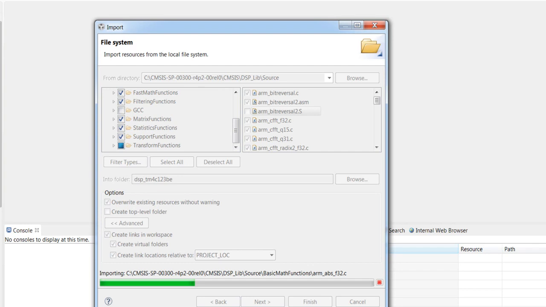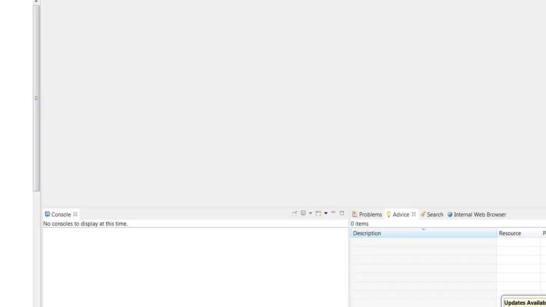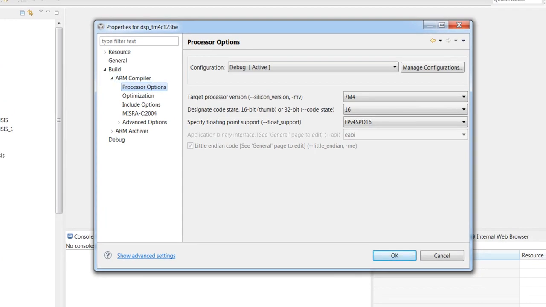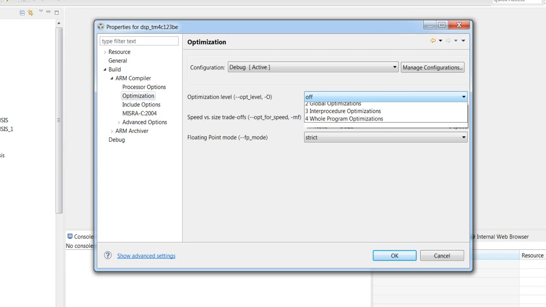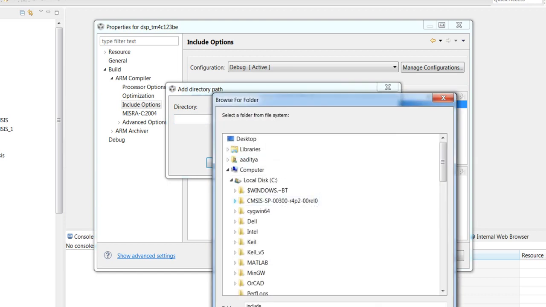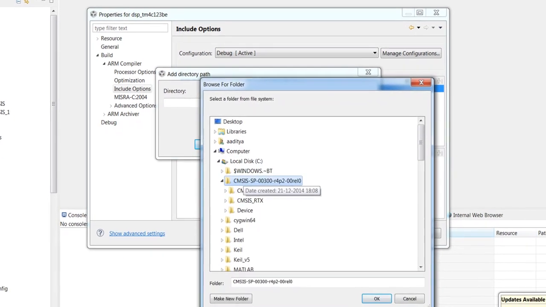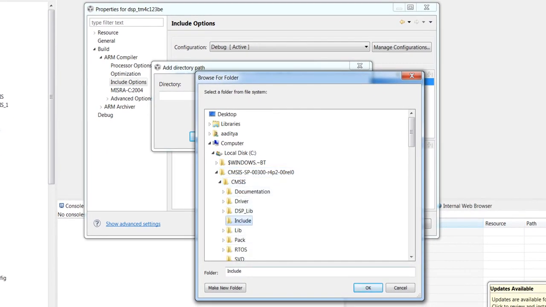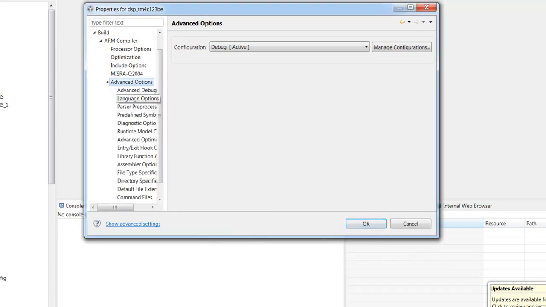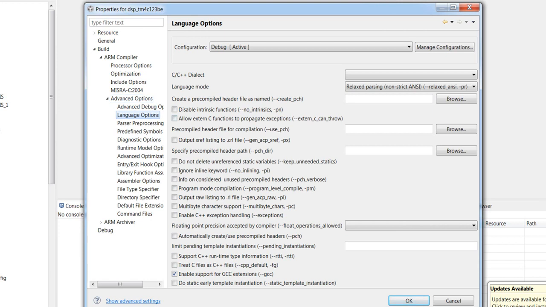then click on finish, then wait for a second. Then right click on the project, go into the properties and verify the processor option. Okay, everything is fine. In the optimization, select the second level of optimization. In the include options, include the CMSIS include file. Okay, this is the include, then click OK, and in the advanced settings click on the language option and